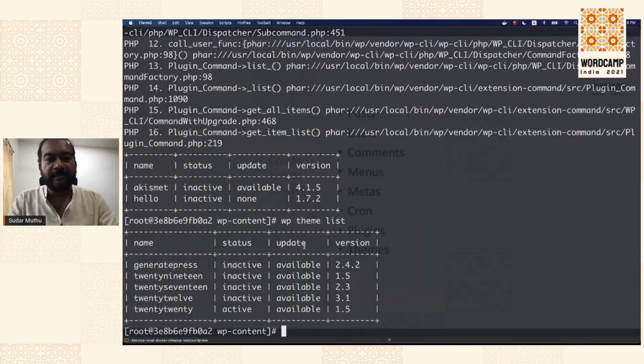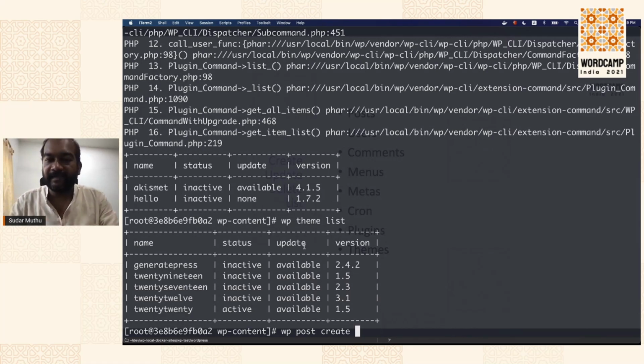Now, let's say we want to do post, right? So we started with the post. WP post, and I want to create a new post, so I say WP post create. Now what I have to do is provide all the details for creating a post. What details will you need? Like title, post content, maybe excerpt, post author, those kind of things.